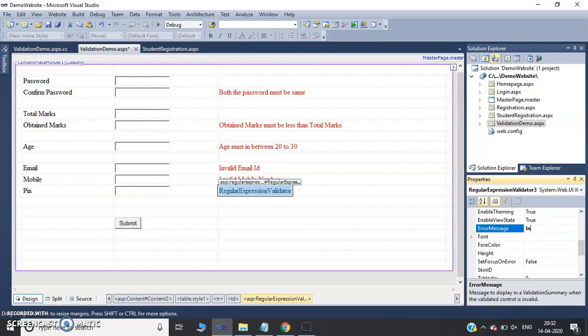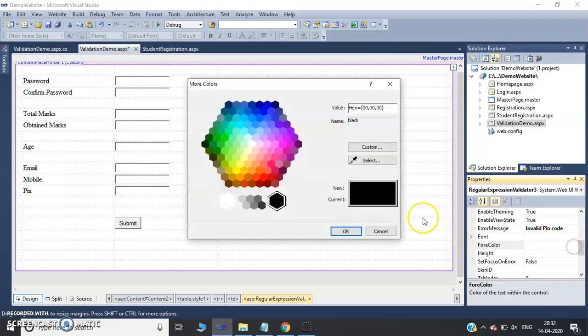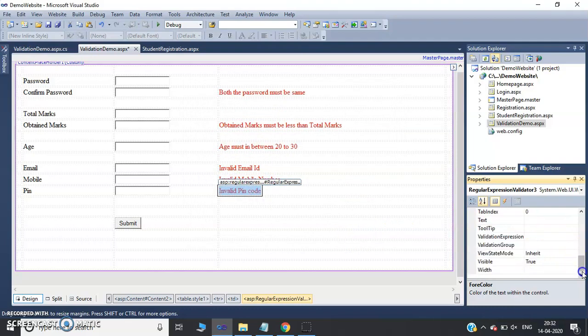error message, invalid pin number or pin code, for color change to red, and the validation expression is like slash d curly bracket 6 comma 6. So it will accept only 6 digits.